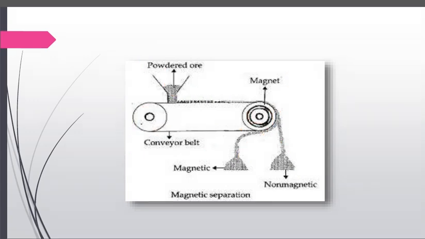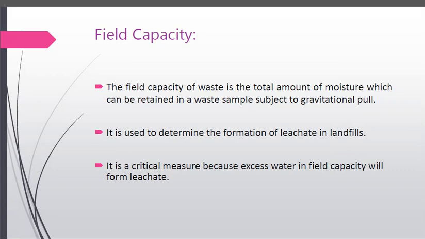After that, field capacity. What is field capacity? The field capacity of waste is the total amount of moisture which can be retained in a waste sample subjected to a gravitational pull. So if we talk about field capacity, what is capacity? Capacity means, if you take a general life example,